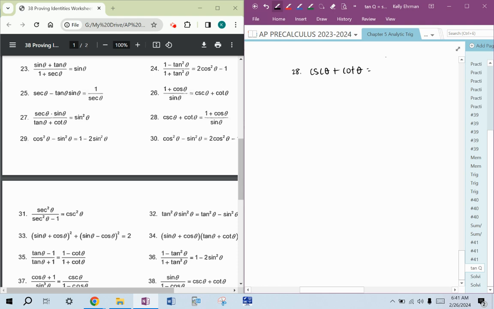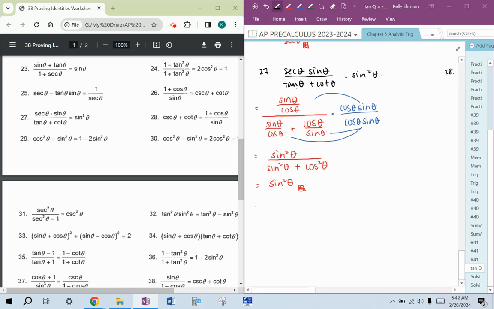Okay, now 28. This is silly. I'm not doing 28 because I just noticed. Take a look at 28 and 26. They're the same thing. We just flipped the sides. So I'm just going to say see 26 for that. That's silly. 29